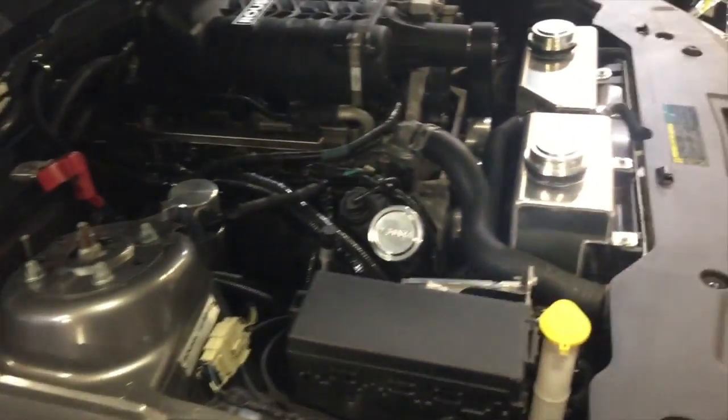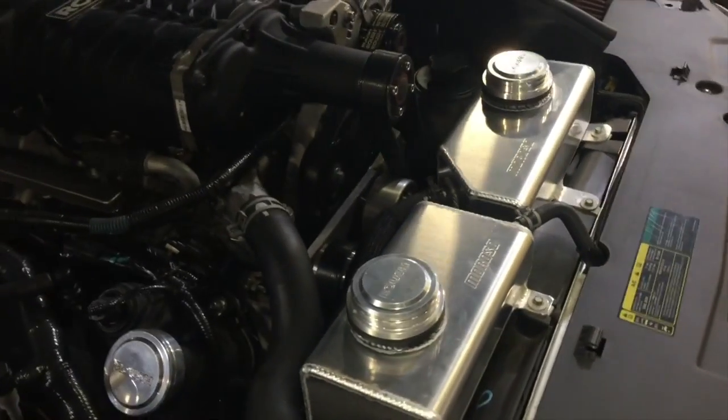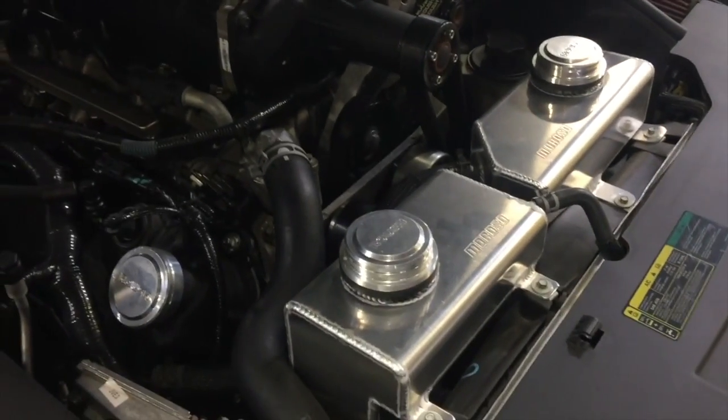It's very clean underneath. Yeah, it's clean. Wow. What the heck is a radiator? The radiator's...